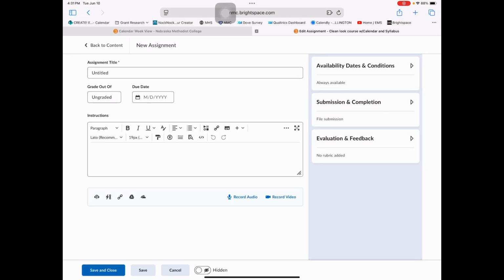Hello, now that we're into Brightspace, I've simply started a new assignment. So you're hopefully all pretty familiar with this at this point. We're going to call this assignment 6, and we can go ahead and leave it ungraded for now. All we need to do to make sure it fits into the Brightspace calendar automatically is to put a due